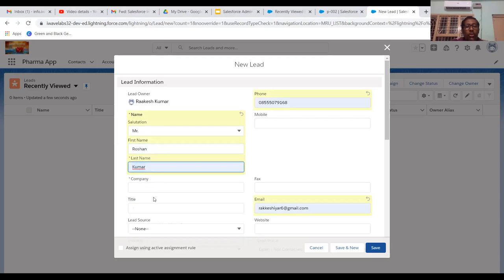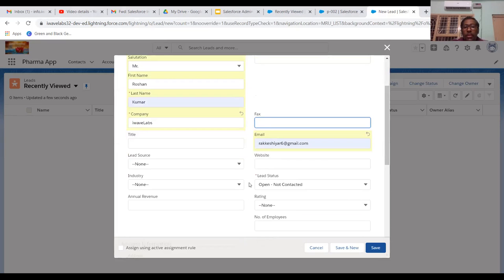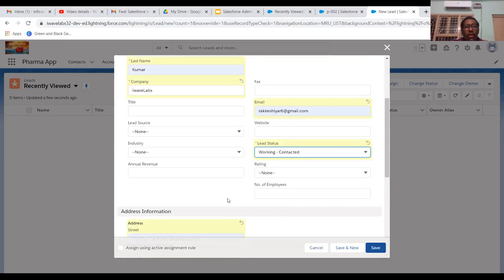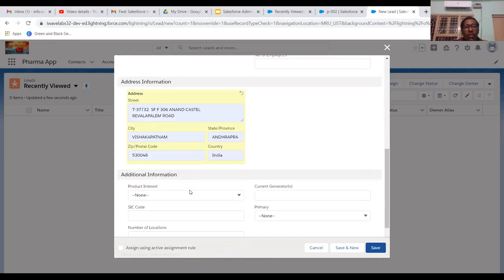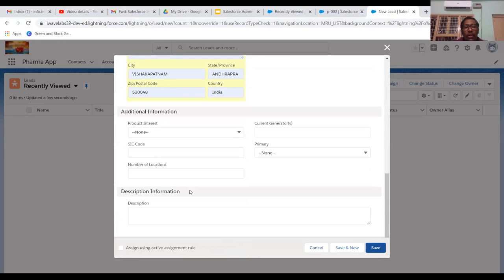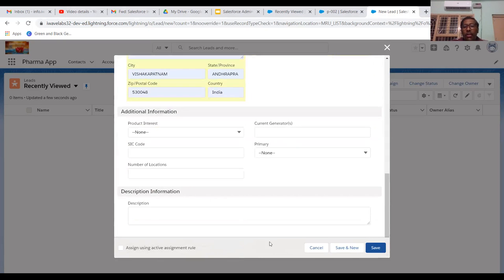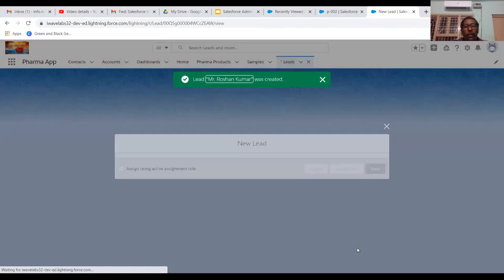I'm going to give Roken, company name, email and so anything else is required field. Then working contracted rating, everything I've entered, right? If any required field is there, you can add it here. After adding, then click on save button.